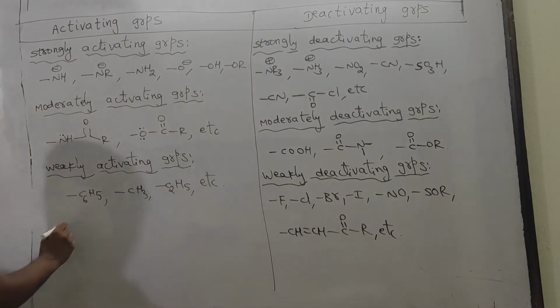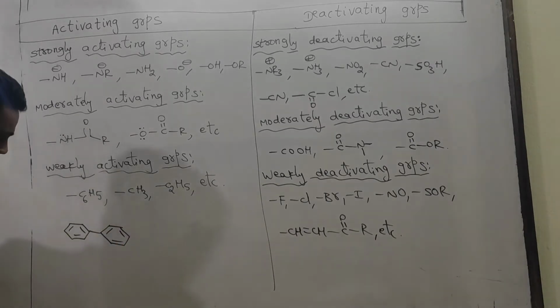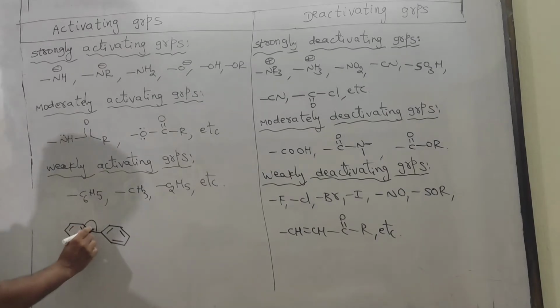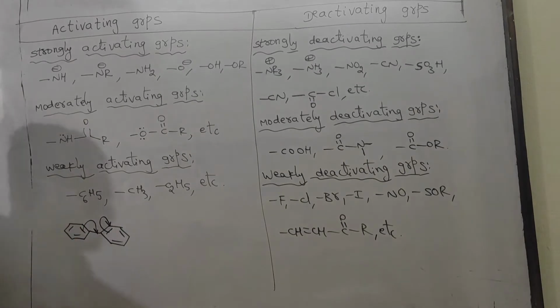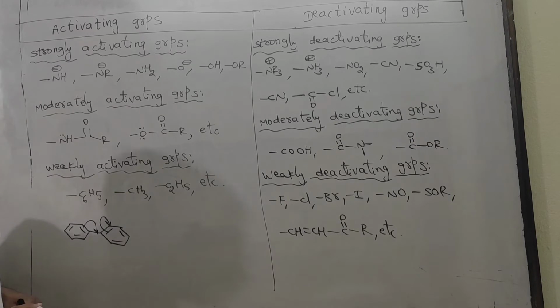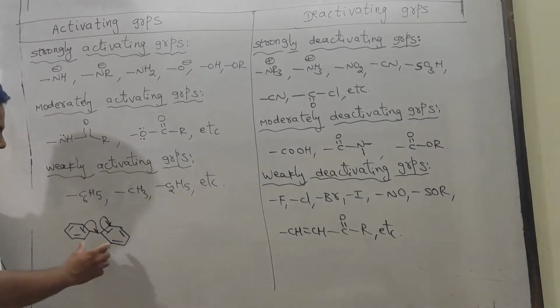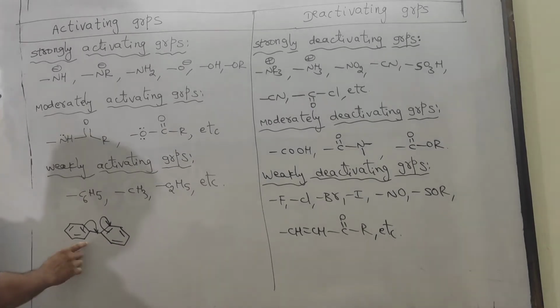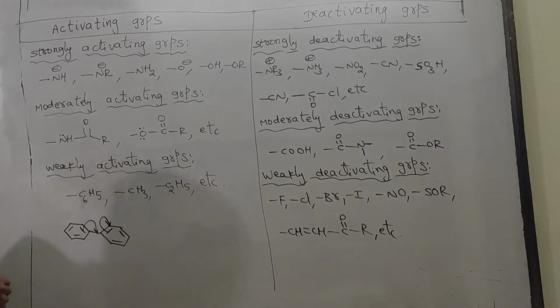The phenyl group is an activating group. Sir, how is the phenyl group an activating group? When a phenyl group is attached to a benzene ring, it is biphenyl. One benzene ring donates its pi bond, so electron density increases in the other benzene ring while it decreases in the first. With respect to this ring, the phenyl group donates pi electrons, not a lone pair, and because of this donation electron density in the second benzene ring increases.